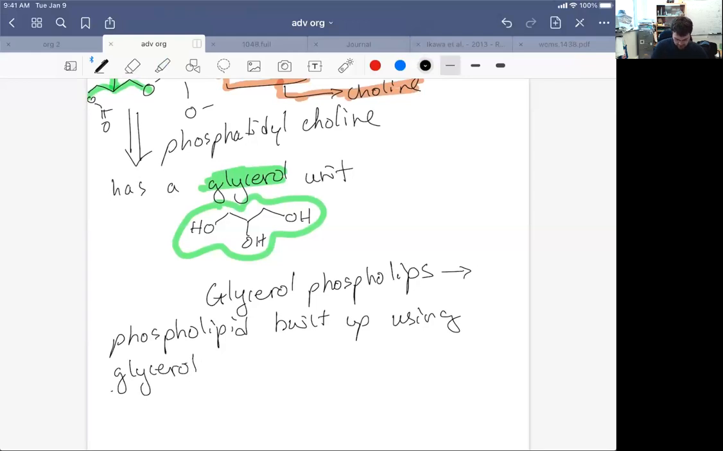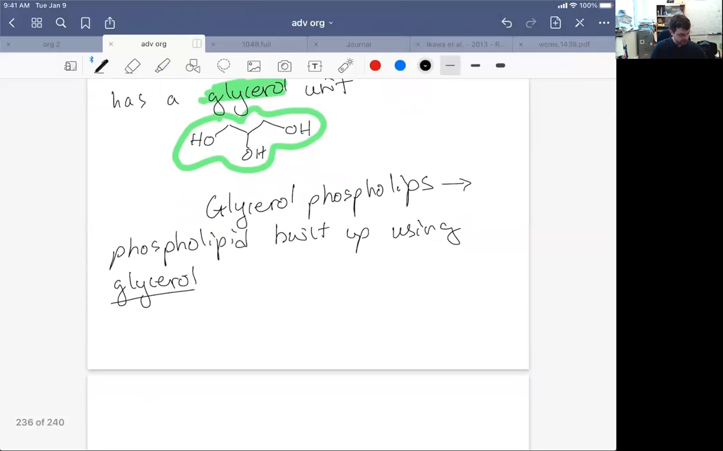And so glycerol is just such a common building block for a lot of the fats and lipids and waxes that we see in biology. So like I said, it's important to know that structure. But let's get into a huge class, and this is the